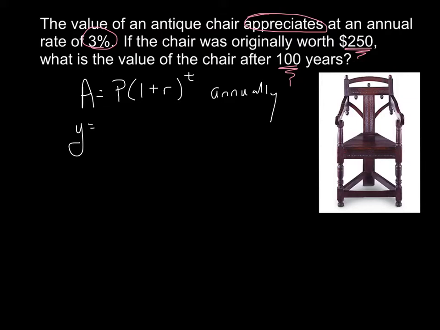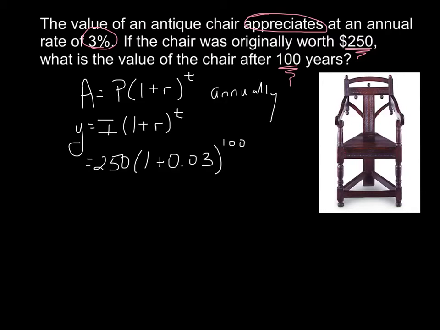So P, our principal, would be our initial amount. We've got 1 plus whatever the rate of growth might be. And remember, 1 plus the rate is 100% plus the rate of growth, raised to the number of years. So if we substitute, we're going to have the initial amount of $250, 1 plus 3%, raised to the 100 years. And that turns out to be